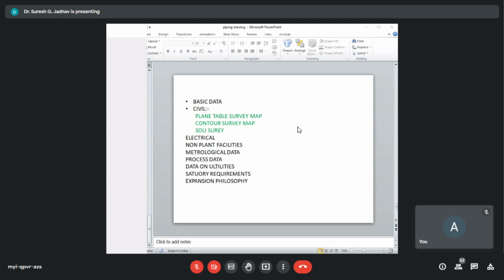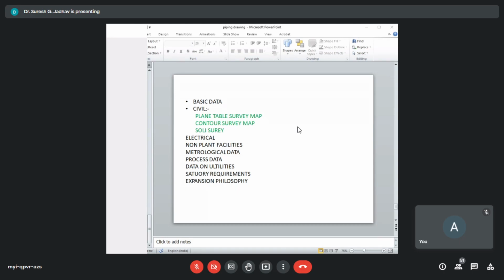Food and Drug Administration, we call the FDA. The next one is the Ministry of Environment and Forest, we call the MOEF. So these authorities are concerned with the statutory requirements in different industries. It may be refinery industries, organic, non-organic, agro industries, chemical industries. So that kind of industry is required for